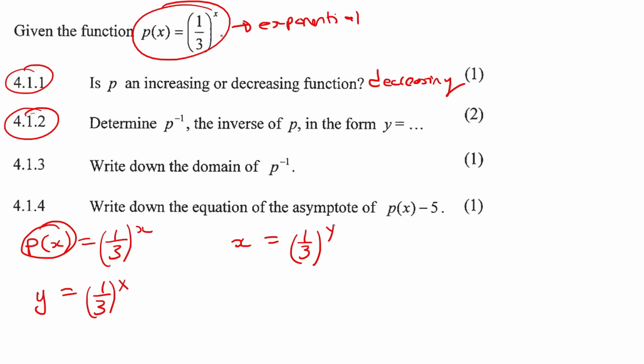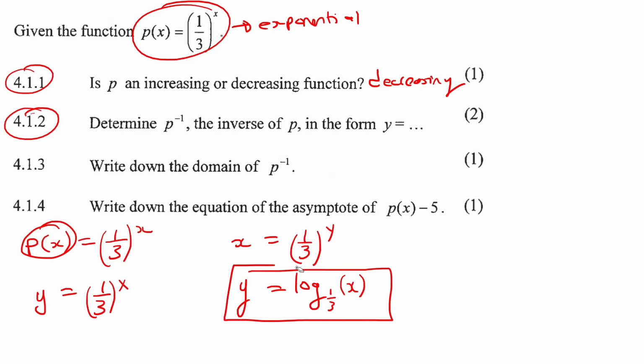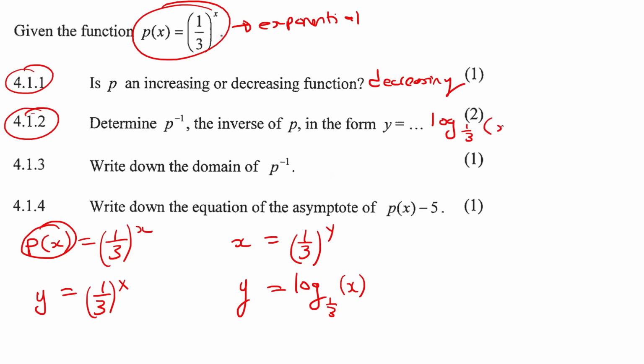So we're trying to get the y value alone. So I'm going to say y equals. Then I'm going to say log. Then this number is the base over here. So it's going to be the base of the log as well. So the base stays the base. And then I'm just going to put x. And there is my answer. So the third is down here. It's down at the base, and then the x is over there. And so let's just go write that in. Y equals log of a third times x. Then it says write down the domain